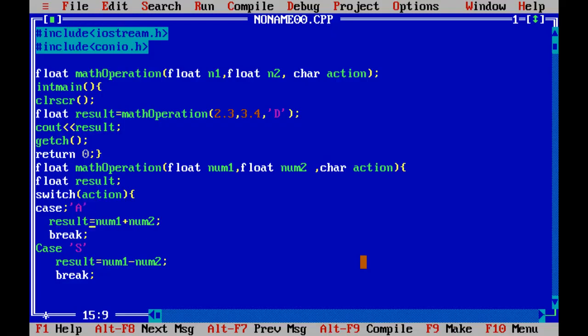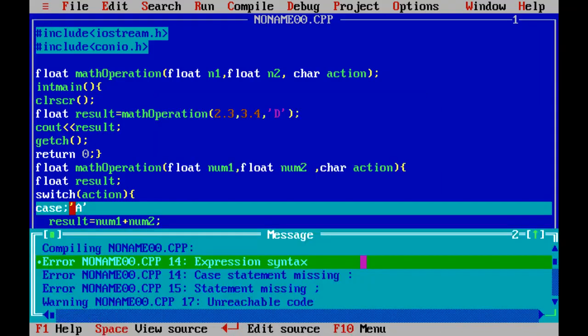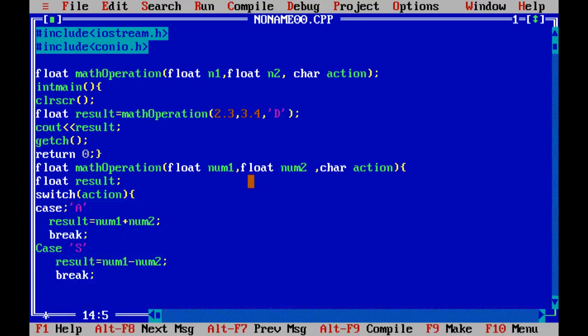Okay. The same way, you should type colon. You have given semicolon. Oh, okay. Right. Okay. Now